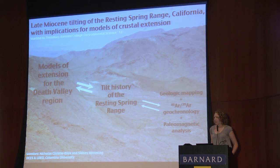For my thesis, I worked to constrain the late Miocene tilt history of the Resting Spring Range, which is located 50 kilometers east of Death Valley, and to interpret its tilt history in the context of these extensional models. By mapping the Miocene sedimentary and volcanic rocks, dating the volcanic succession using argon-argon geochronology, and conducting paleomagnetic analysis on